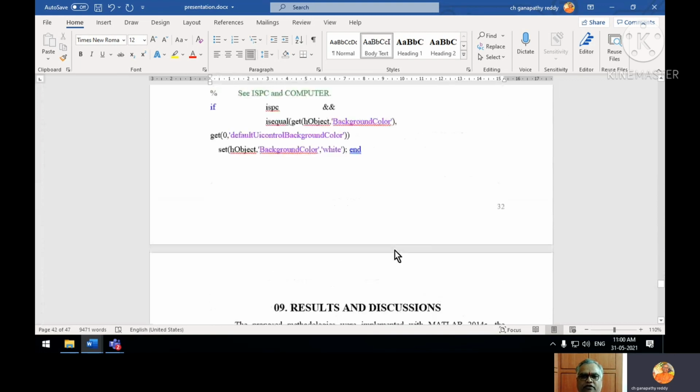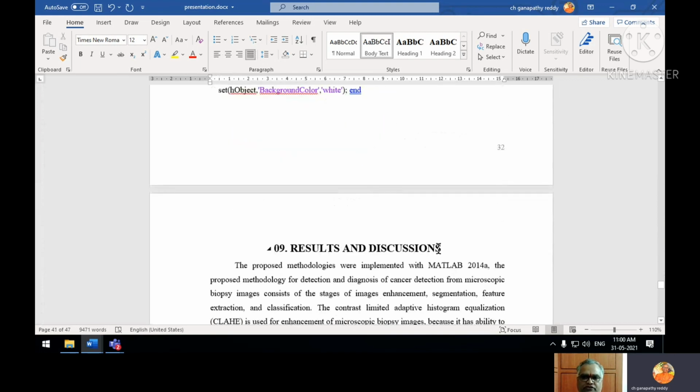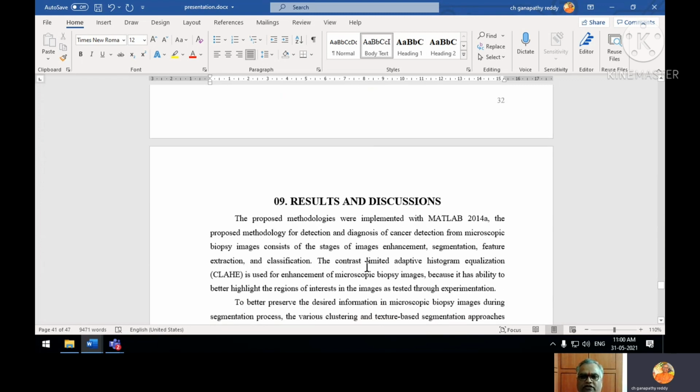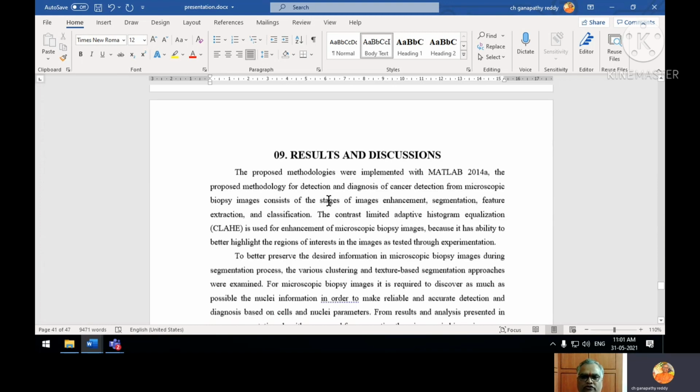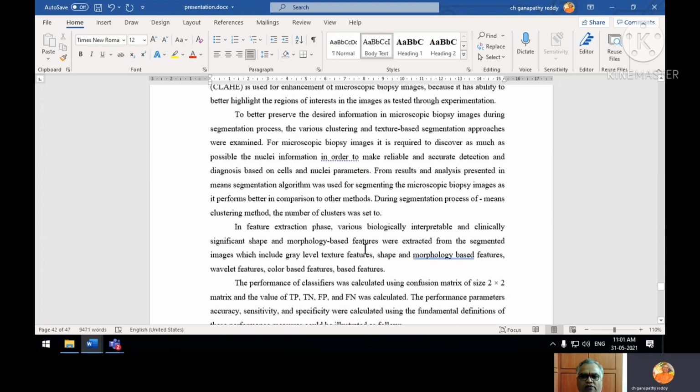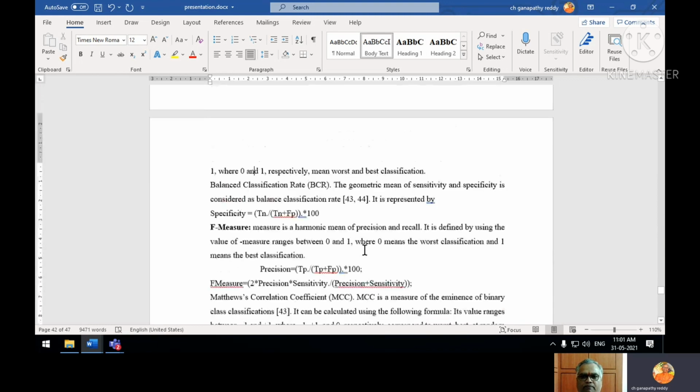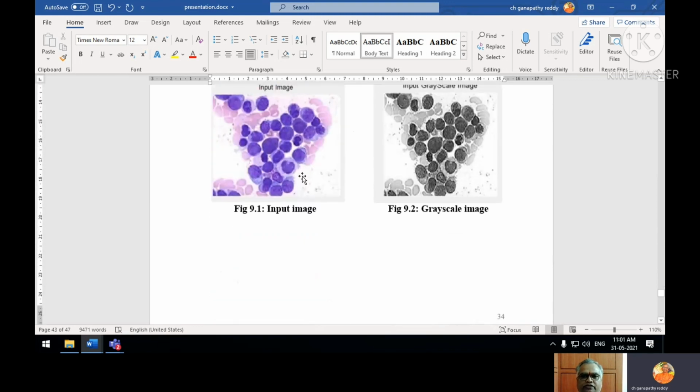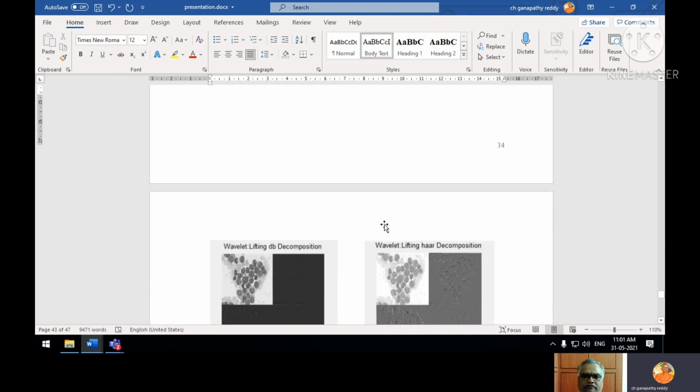Now these are important: results and discussions. Results, so for the entire project, whatever results you are getting, what are the results, and explain the results. Discussion, comment on the results. So this is very, very important to guides or examiners. Whoever wants to refer, they will definitely go through these results. So again, this is the 9th chapter. So figure 9.1, 9.2, like that.